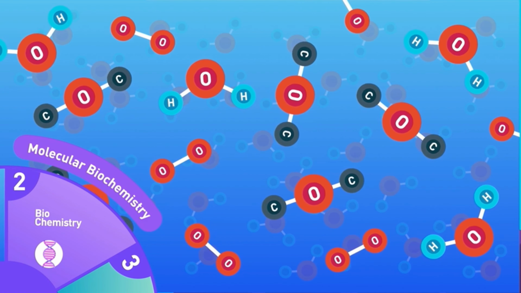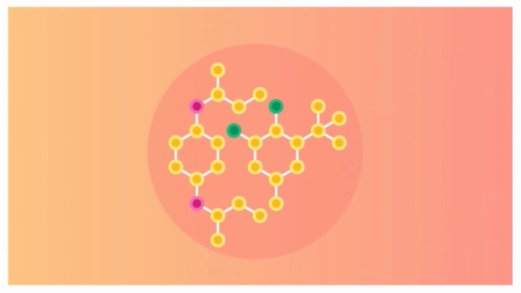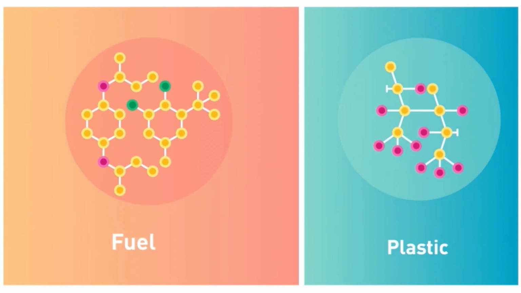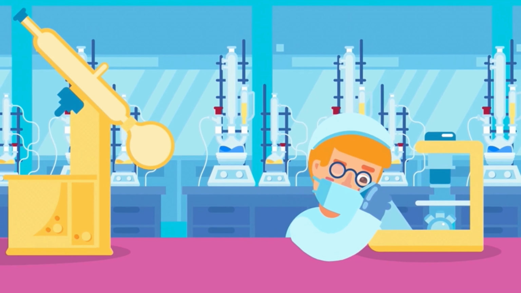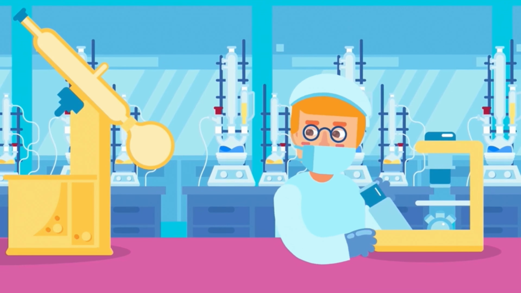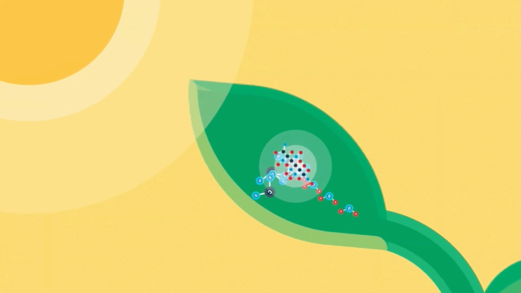their functions. Organic chemistry, the study of carbon compounds such as fuels, plastics, food additives, and drugs. Organic chemistry deals with the study of carbon and the chemicals in living organisms. An example is the process of photosynthesis in a leaf because there is a change in the chemical composition of